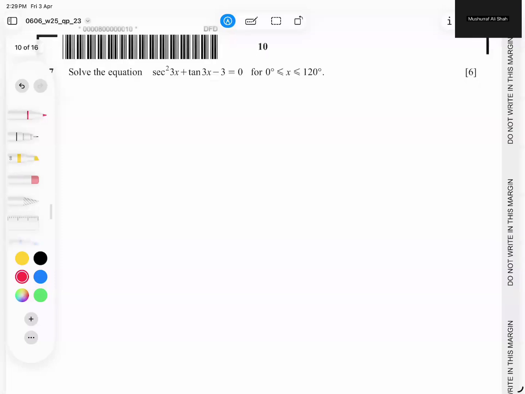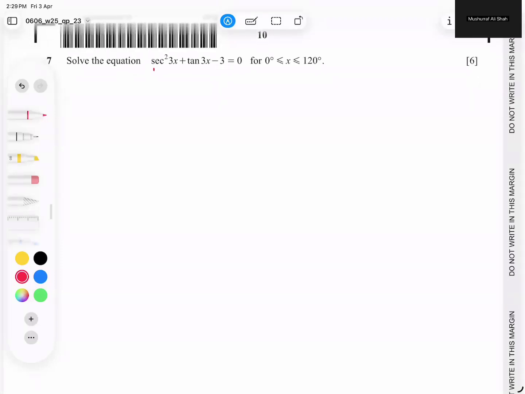Student, question number 7 we have. These are secant square and tan together, and how can we connect them? We have a must-know formula which connects tan with secant square. I think the formula is available in the formula sheet even. So sine square plus cos square is equal to 1. But if I divide the whole equation by cos square,